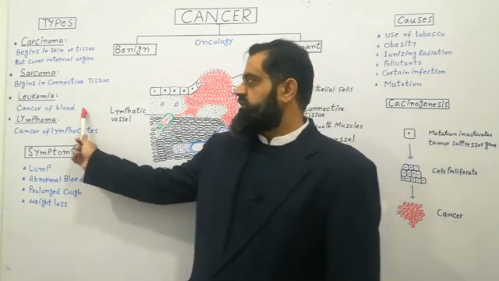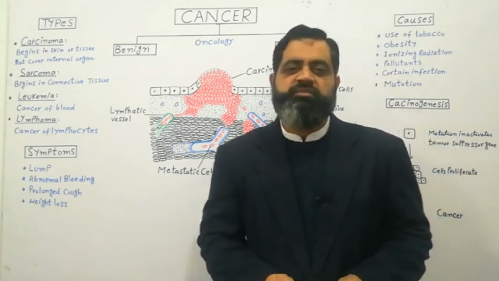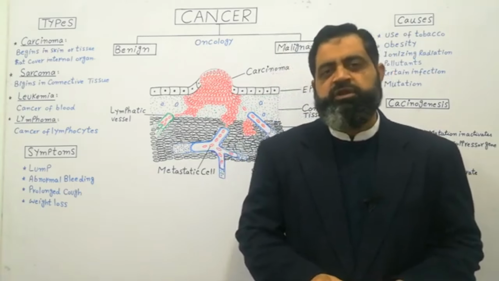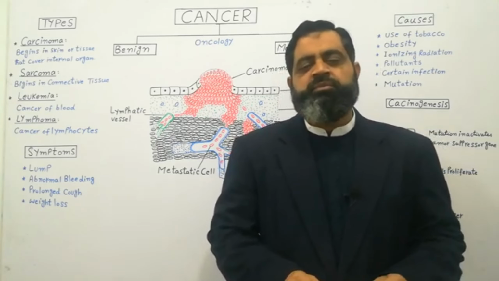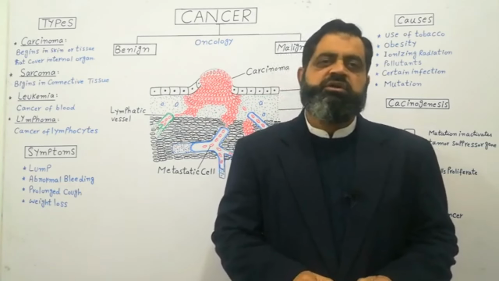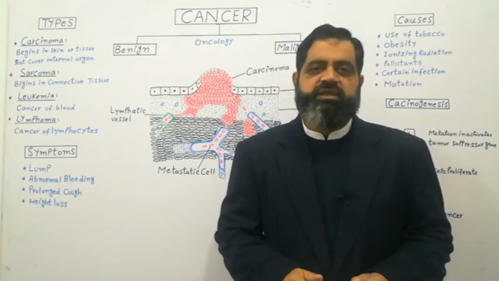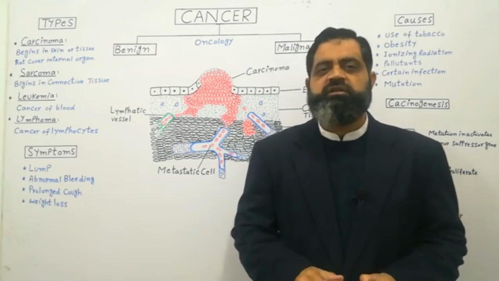The third type of major cancer is leukemia. Leukemia is a blood cancer in which white blood cells are affected. In leukemia, abnormal blood cells are produced in large amounts and without any differentiation, which causes blood cancer, also known as leukemia, and we will discuss it in detail in the next lecture.